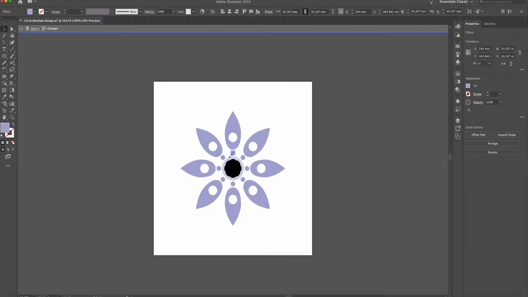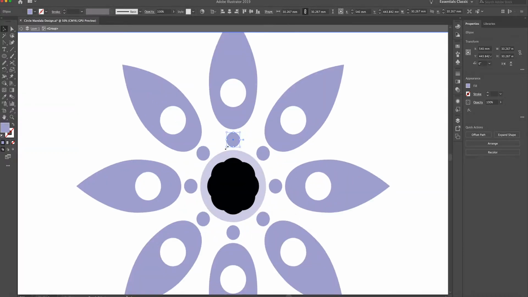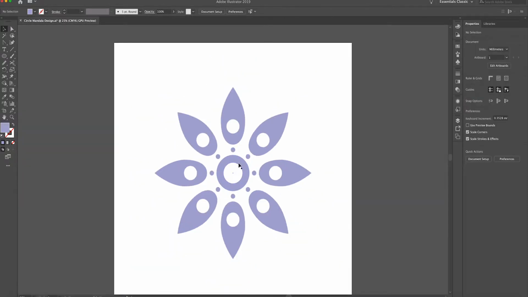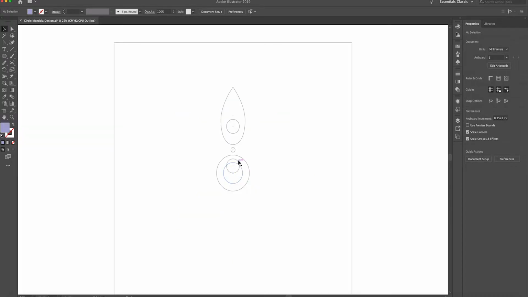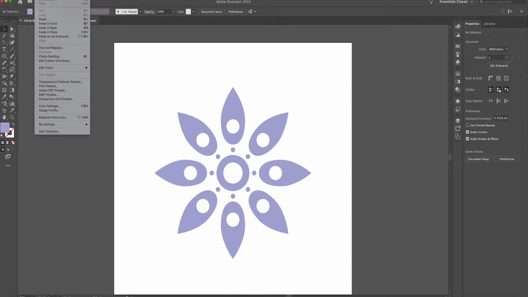I'll just maybe shrink the circle down a little bit. That's quite nice. Perfect. So obviously we click into the outline view, we can see we've got this main circle here which we need to get rid of because we don't want it clogging up the design. So we need to go to